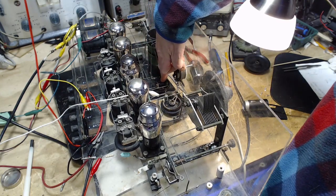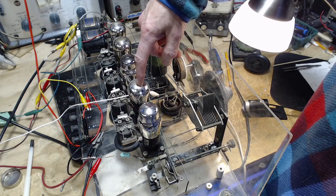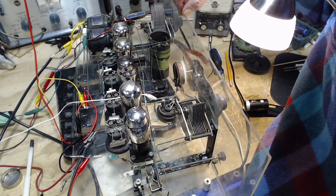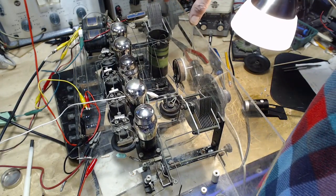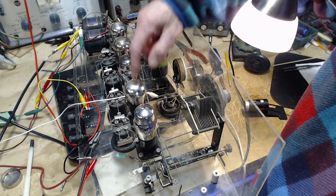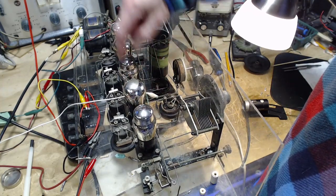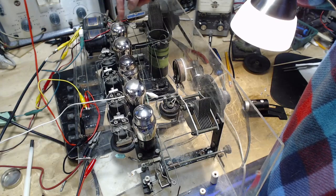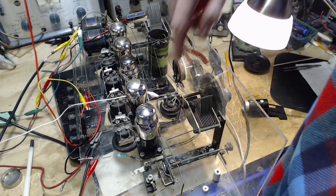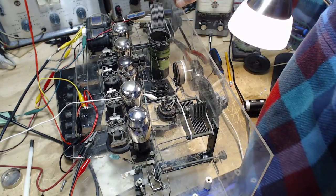So I believe this is the oscillator tube, and I believe this is the modulator tube. I'm really not sure yet. The oscillator tube and the modulator tube work together. The modulator tube has no B+. You know, all these have B+ on them. This just doesn't add up. Each one of these is clearly an amplifier in an IF string. Perhaps the very first tube is a little different, but there's only the antenna hooked up to the grid of this tube. I don't understand it. So maybe it's all about this